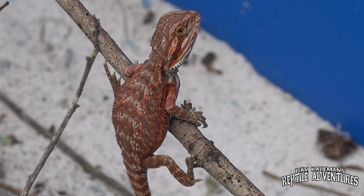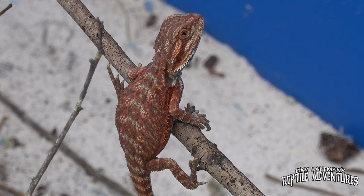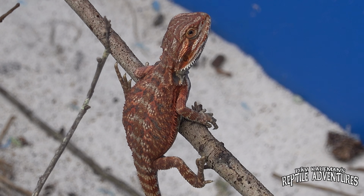For substrate, there's a lot of different things that you can use. But it's more about using a combination of things, not necessarily just using one flat flooring. So a lot of my clients will use, for example, craft paper for a baby dragon. It's very simple, very clean. It's brown, so it's natural and it'll fit any type of decor. You can create a little sandbox in the corner for enrichment, a lot of branches to climb, a piece